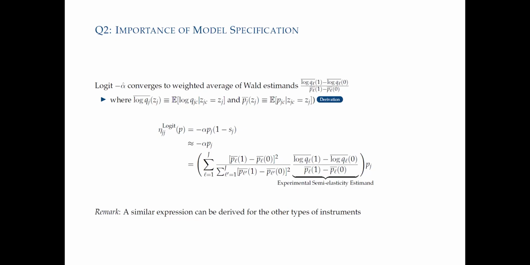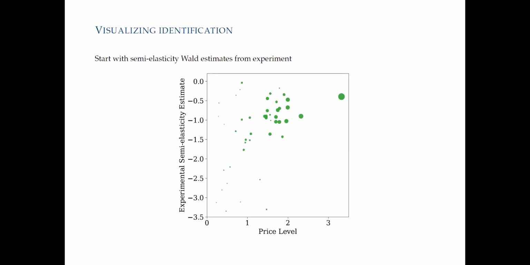What's this ugly object? It's not so ugly. It's the weighted average of the experimental estimates. What are the experimental estimates? It's the effect of the random price on the quantity. Those are the moment conditions, essentially. It's the weighted average of the moment conditions. The sum is on the outside, so you're going to get some weighted average of that. What is that? Well, it's just a regression of an intercept on these things. So that's logit. It takes the experiments, you plot them out, you draw a straight line.